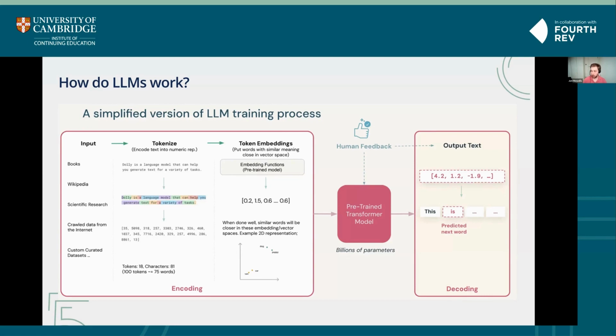So it's not just one large language model. Behind the scenes, when you use something like GPT-4, I believe there are 16 different mixture of expert models, which all contribute to the output that you finally see. So there's a lot of engineering research that goes into the training and fine-tuning of these large language models.